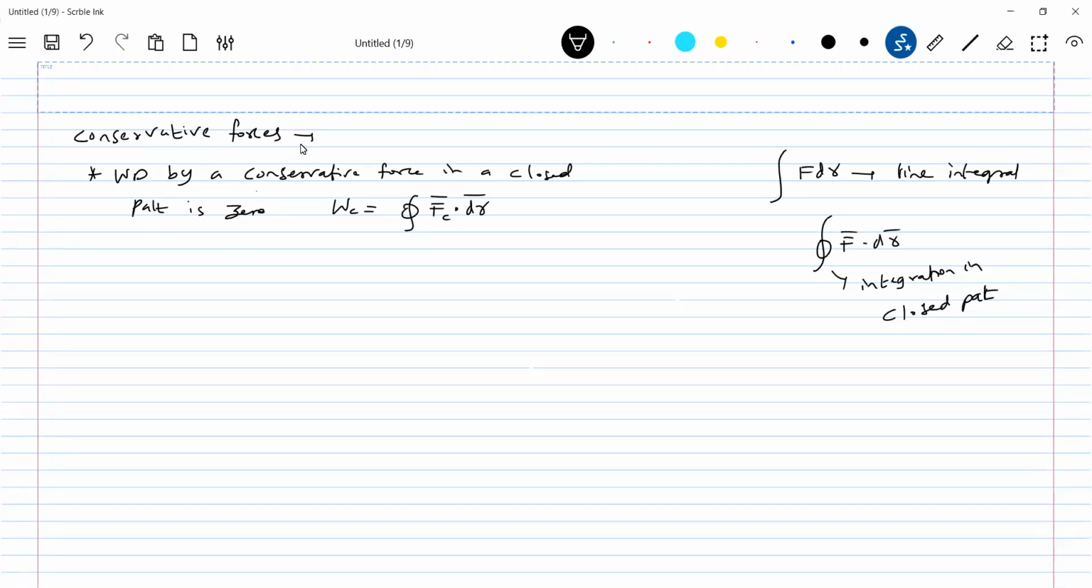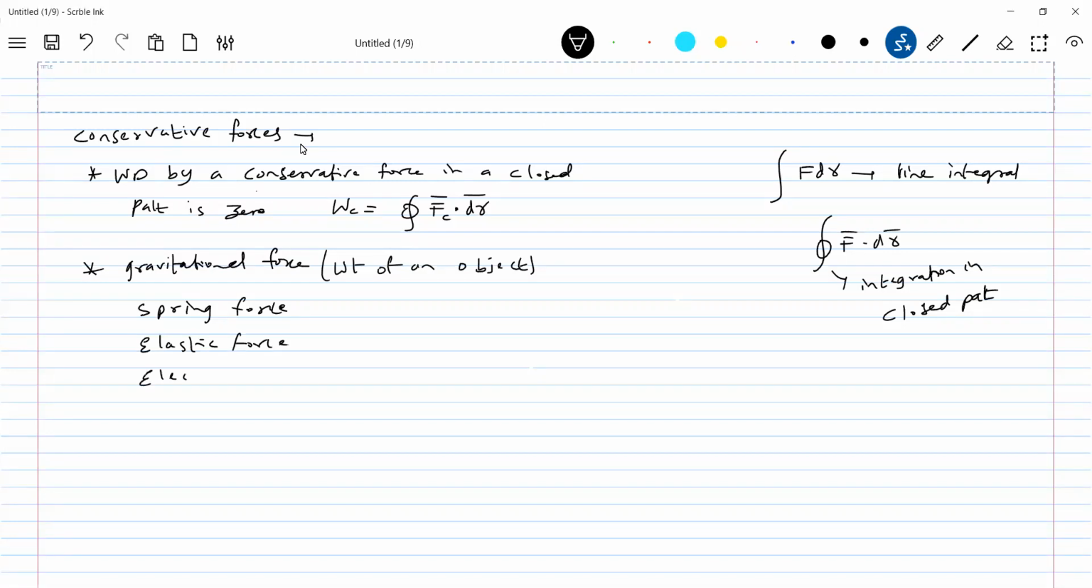What are the examples of conservative forces? Gravitational force, nothing but the weight will come into picture. More properly, the weight of an object. Next, what are other forces? The spring force. Already you have some idea of spring force. Then next, elastic forces. Then not all, only few